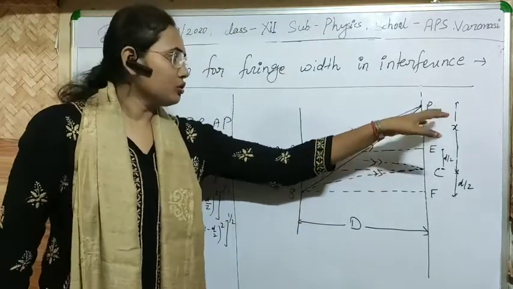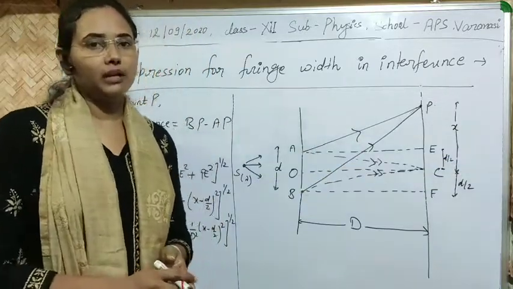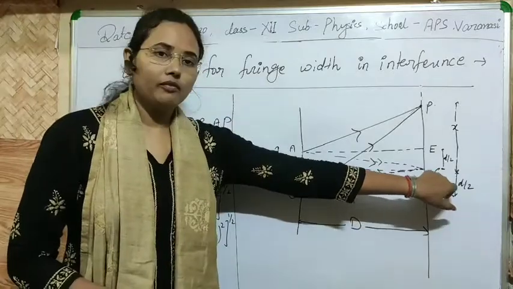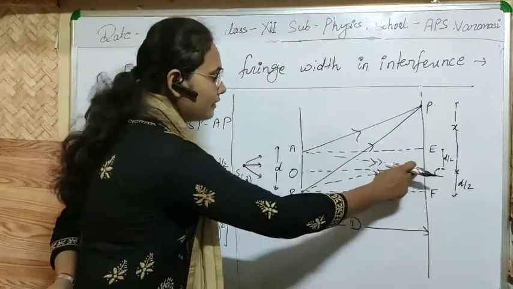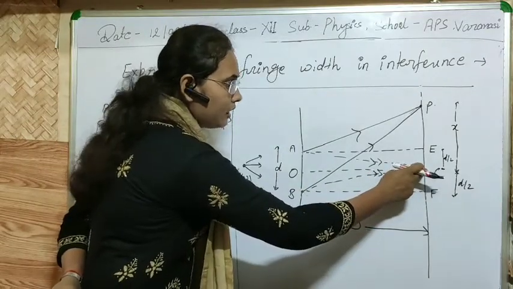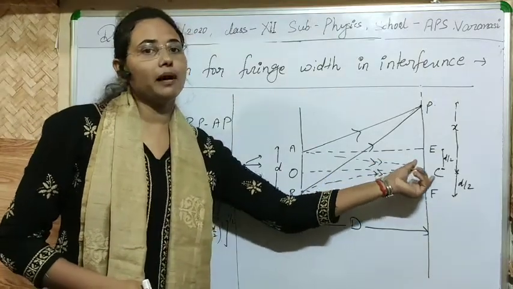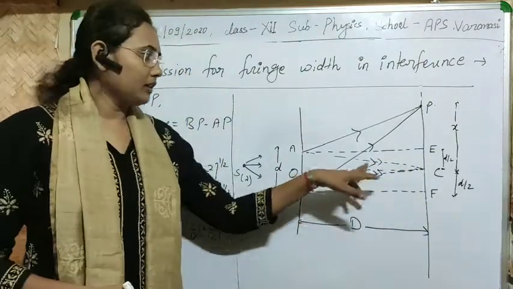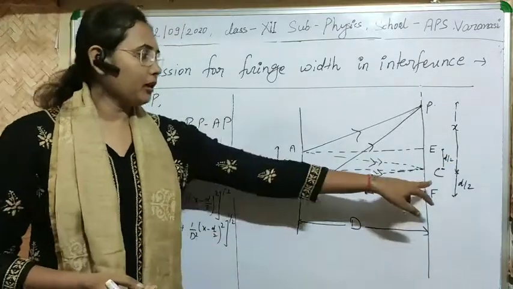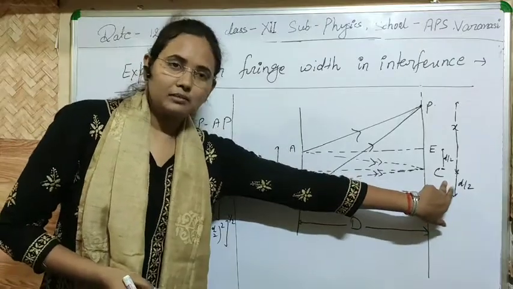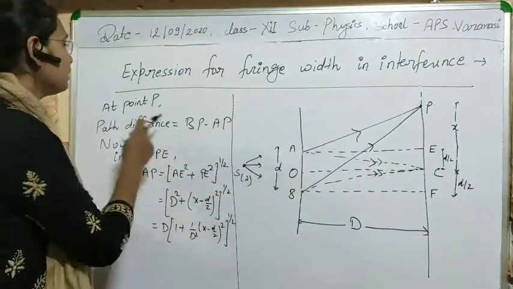Then after that we can easily formulate what will be the fringe width of the interference pattern. At that time we don't know whether P is the point of maxima or minima. At least C will always be the point of maxima, because the light reaching point C is in the same phase, with no phase difference, equal path. So there will be no interference, and they will give uniform illumination. So the point C is the point of maxima, and we call it central maxima.